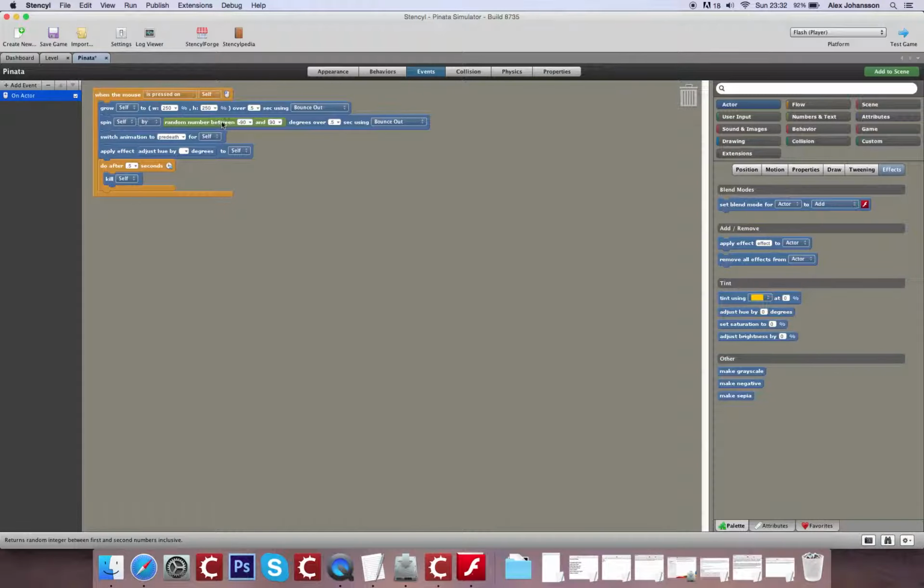So what I'm going to do here is use a keyboard shortcut to copy a piece of code over rather than having to recollect it. If I hold down Alt and click and drag, I can grab that piece of code and drag it into place. So I'm going to set that to a random number between 0 and 360, because if you imagine your colour wheel, it's choosing a colour from that selection. So now, when I click on my Piñata, it should change colour, it should change animation, and it should spin and grow,